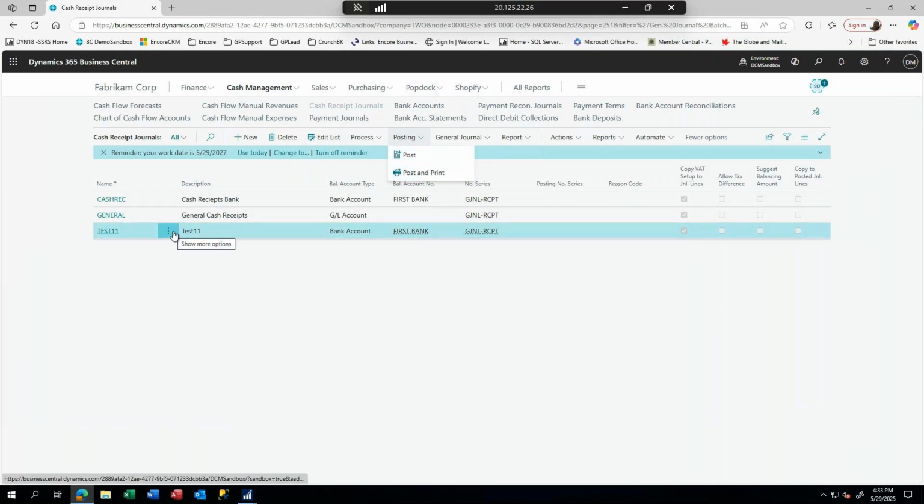So I can hit the post here, and it will post this batch of cash receipts. The transactions then automatically flow into your bank rec, so that your bank rec is up to date with your transactions. And you can summarize these as a single bank transaction inside the bank rec, because your bank itself will put one number in for a single deposit during the